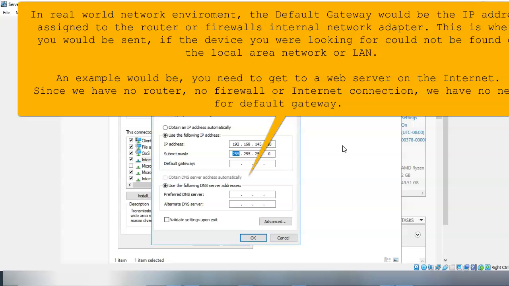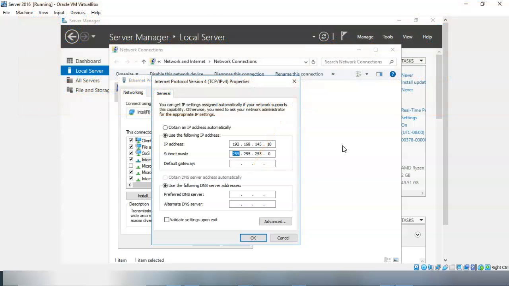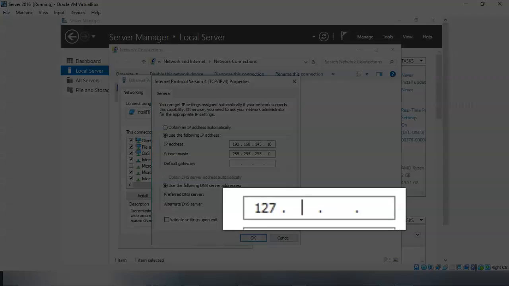Now we have to configure the DNS server. Currently, this machine is not a domain controller, so it doesn't have DNS installed. But when you get ready to promote this machine, it's going to discover that it does not have DNS installed, and it's going to want DNS installed before it will allow you to install Active Directory. So you can configure this machine now with the loopback address of